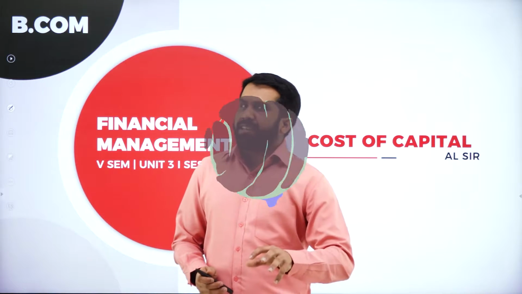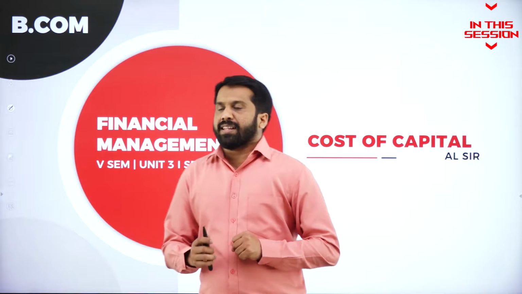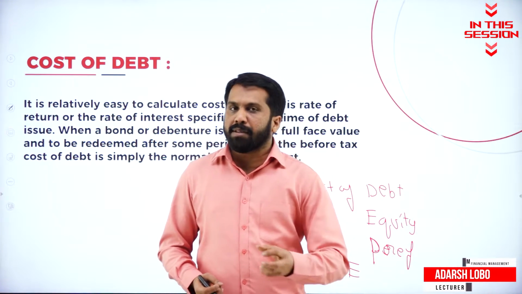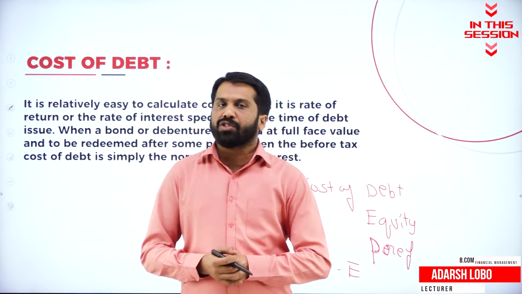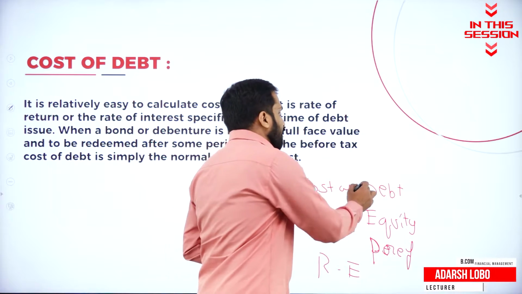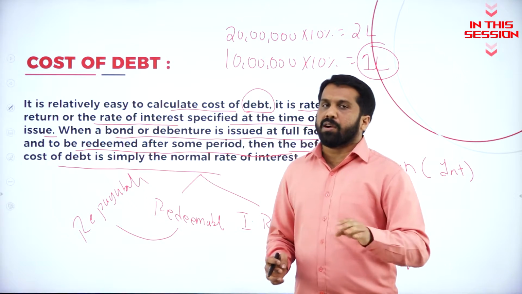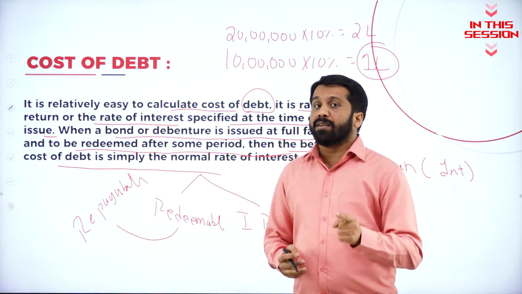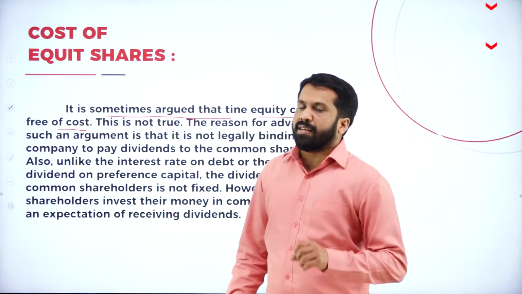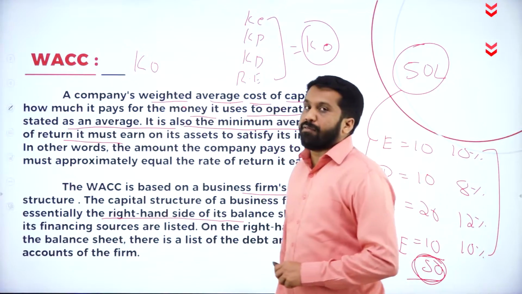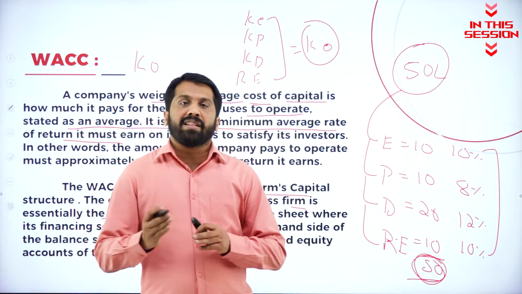As I told you, we are in a new topic. What is a new topic? Like your cost of capital. You have collected money from the public in the form of debenture. Debenture means, remember, this is a loan. Unless and until you close your company, you will not pay it back, so that is called non-repayable. Or else, even though he is the owner of the company, he has to pay dividend. Now, the right hand side of the balance sheet is nothing but your liability side.